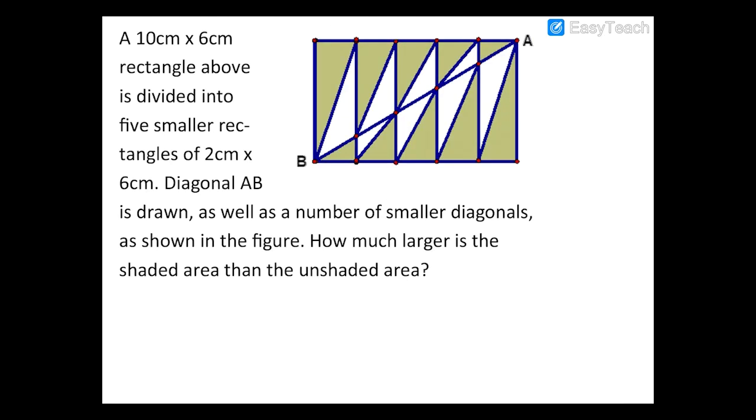This question says, a 10 centimeter by 6 centimeter rectangle, in this case on the side, is divided into 5 smaller rectangles of 2 centimeters by 6 centimeters. Diagonal AB is drawn, as well as a number of smaller diagonals, as shown in the figure. How much larger is the shaded area than the unshaded area? Okay, so